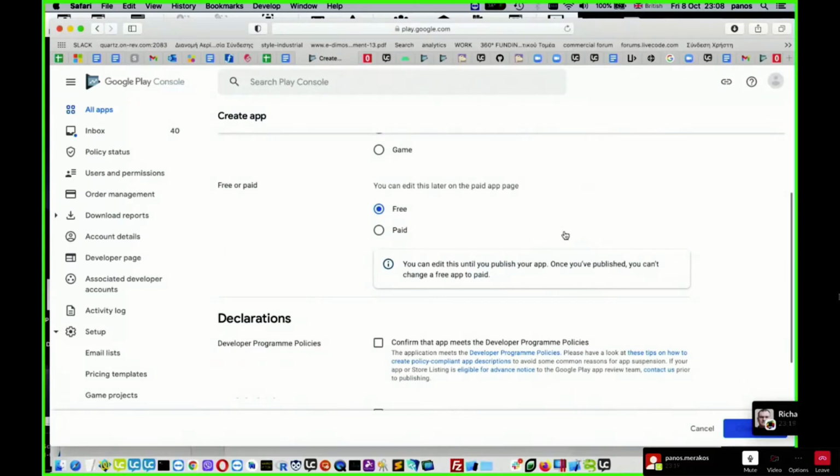There are several ways to monetize your app. For example, you could choose paid app here, or you could follow the more widespread model, which is the so-called freemium model, which means the app itself is free, but you can pay for some additional content if you want, and this comes in the form of in-app purchases.